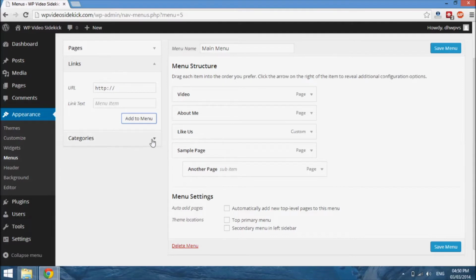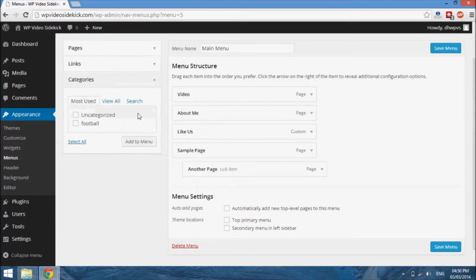Okay, so to add a category to your menu, as I mentioned before, say you have a sports site, which is the example I used, and you have different kinds of sports, and you want to have a link or a page with all the different types of sports, categorized. Then what you do is, when you are creating your post, you put them in the respective categories. And like I said, I had created some posts with the category football,